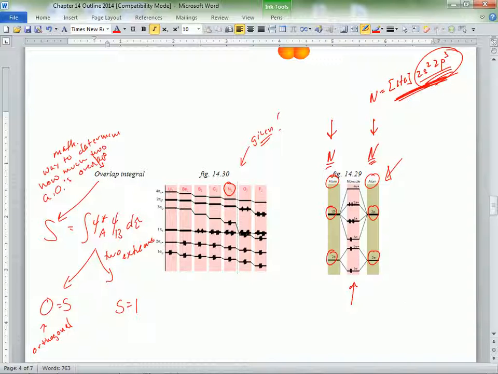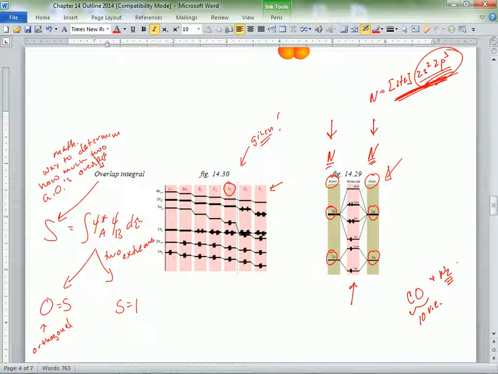Like CO. How many valence electrons does carbon monoxide have? 4 and 6, so that would be a total of 10 valence electrons. N2 has 10 valence electrons too. So N2 and CO have the same